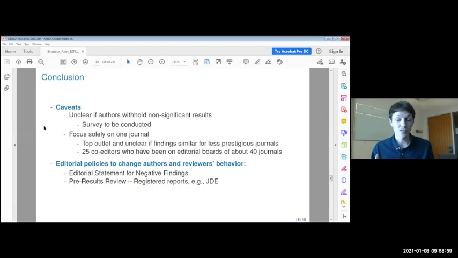So I think it's very easy and not costly at all to change the behavior of people. And I think it's just a question of information. Tell people, write these papers that don't find an effect and submit them to us. And as a field, health economics said, well, we're interested in these studies. I mean, there are also other policies that have been implemented. We have all these registered reports that are starting to be more and more popular in the social sciences. And this is going to affect the behavior of authors and reviewers. So I think there's a lot that can be done.